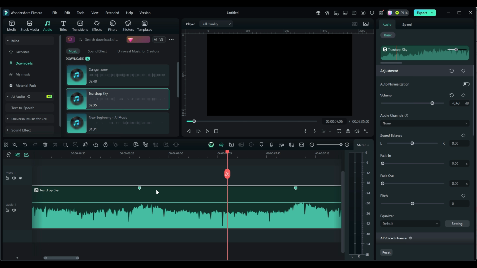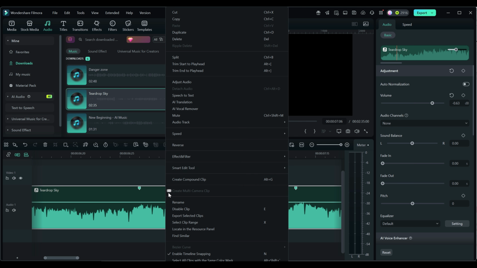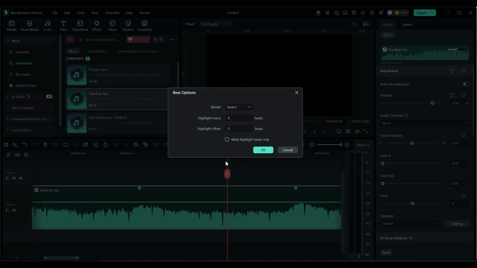Now, I don't know if we do this right here, if we can get more beat options in here. Highlight every fourth beat. Okay, let's try this second beat. I have no idea what it is, but what if we make this value 8? I don't know if that will give us